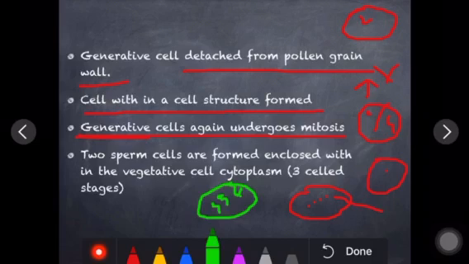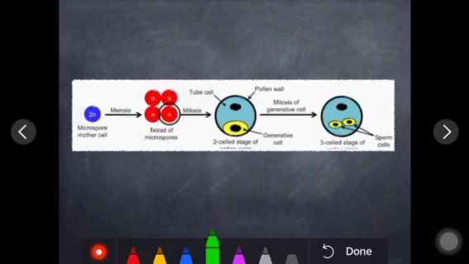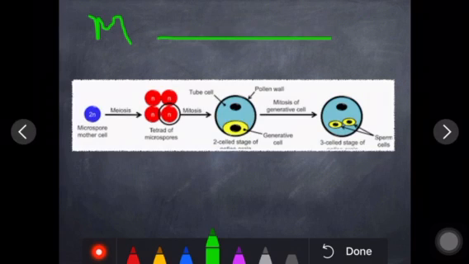You have to remember that 40 to 50% of pollen grains are 2 celled, and other than that they will show a 3 cell structure. In this way we can say that the microspore is turning into a pollen grain, right? And here you can explain the stages of the pollen grain.